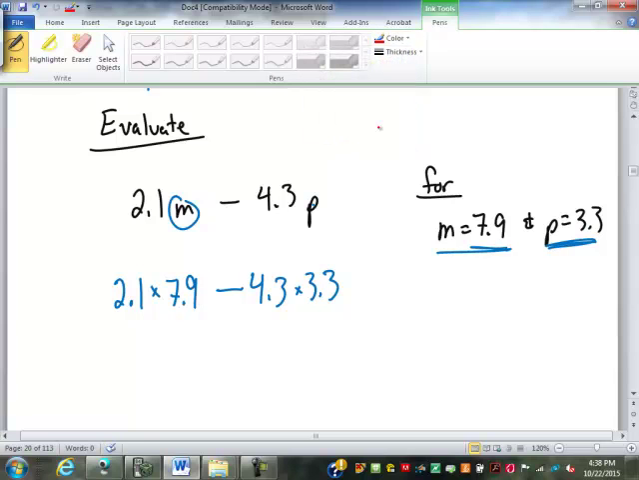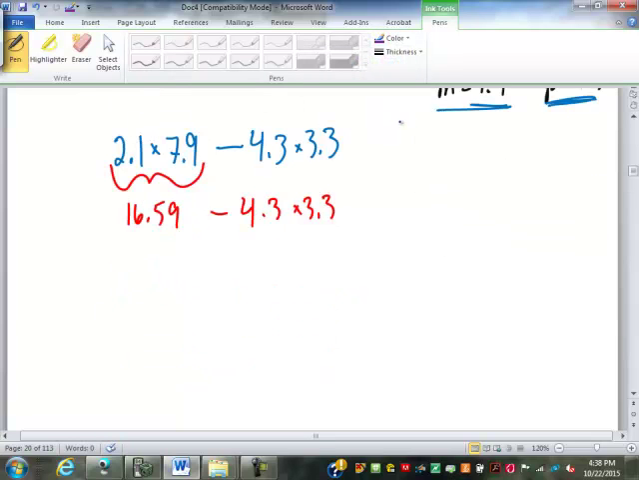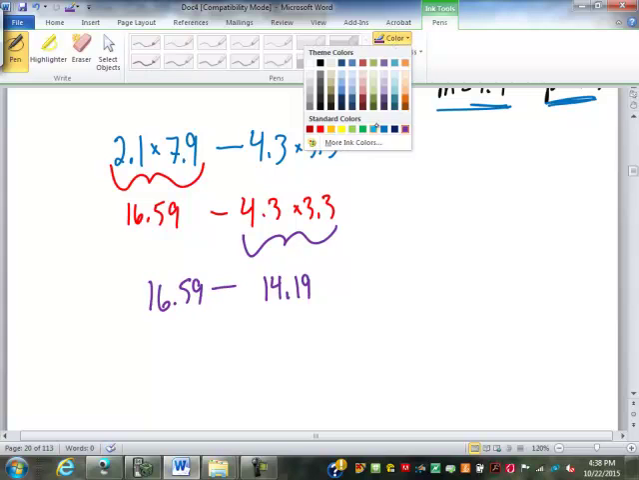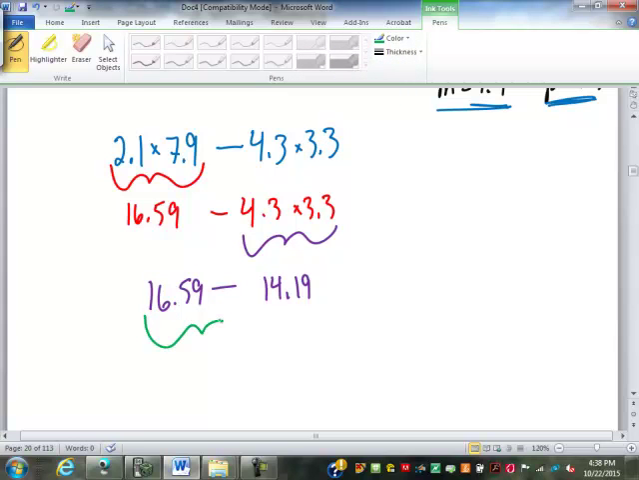Now what do we do? Order of operations says multiply first. So I'm going to do 2.1 times 7.9, which is 16.59. Minus 4.3 times 3.3. Then what do I do? 4.3 times 3.3 is 14.19. Now we can subtract. 16.59 minus 14.19, which is